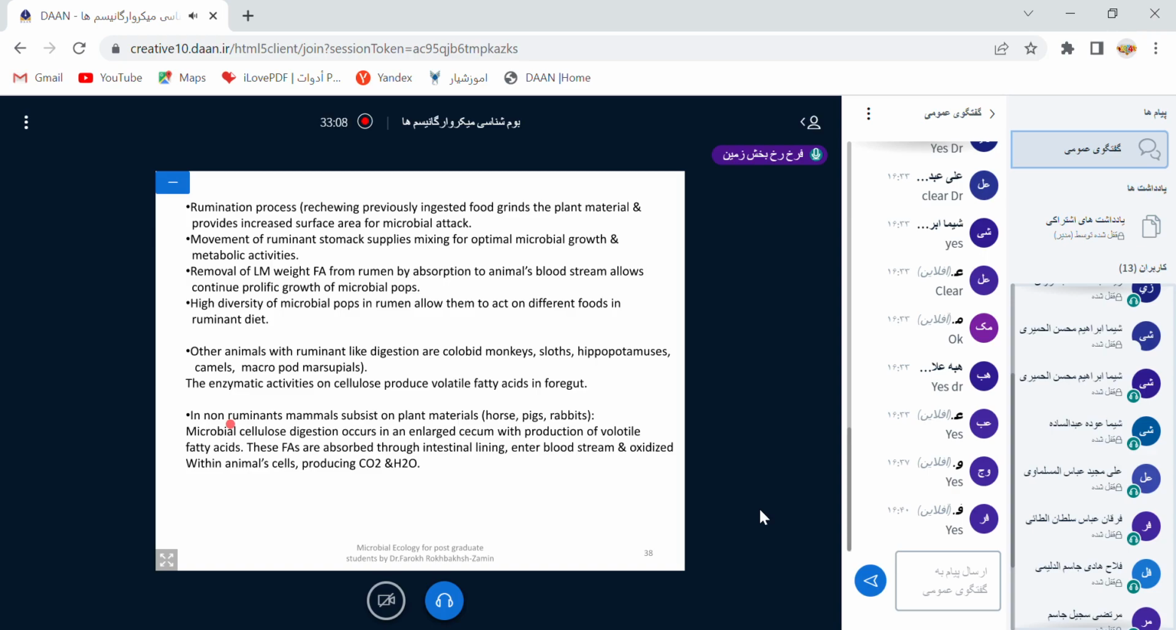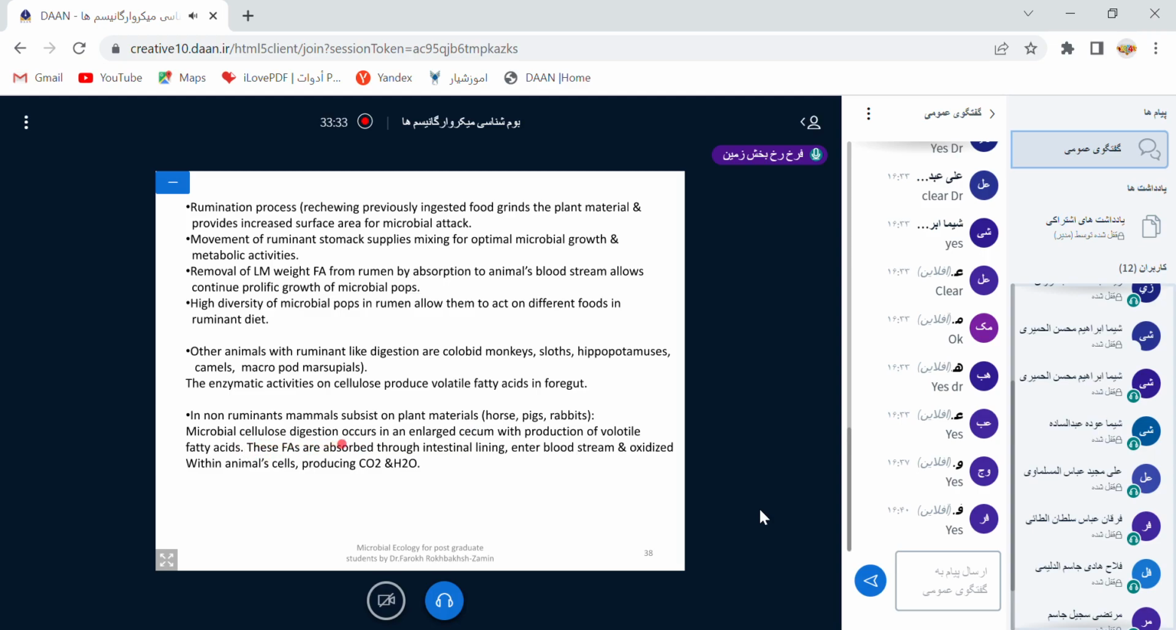Some animals whose lives are dependent on plants are not ruminants. So what do they do? They don't have any rumen. In non-ruminant mammals that subsist on plant material, like horses, pigs, rabbits,